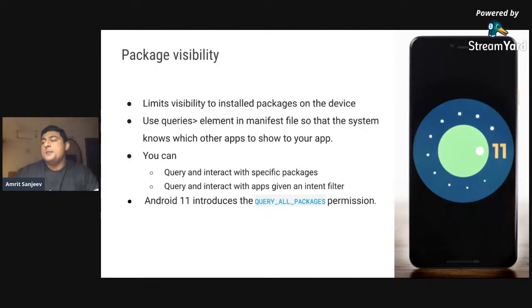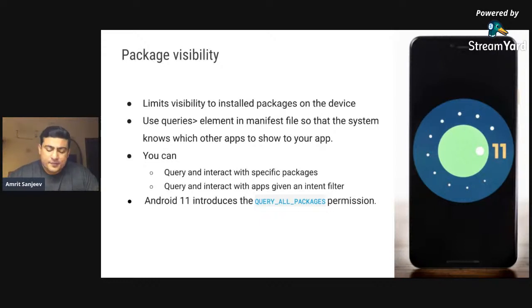So other app is installed there or not. So you query for that package name and then figure out whether that package is installed or not. If the package details are not found, it's considered to be not installed, and then you take the alternative flow. This is a very common thing that people do, especially for things like sharing directly to an app and